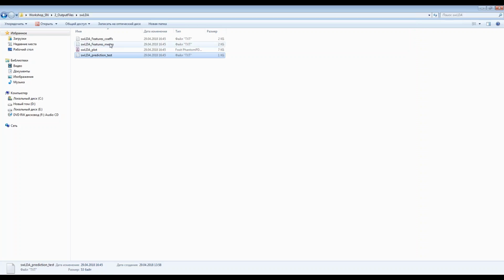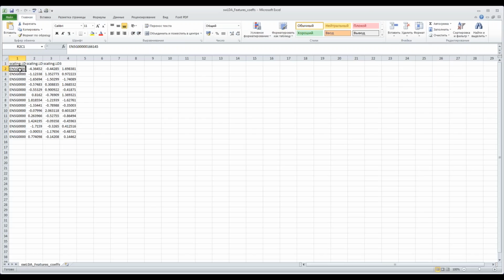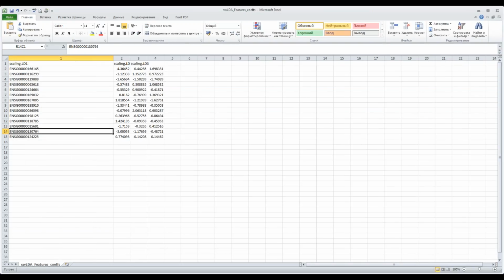And the last thing that I want to discuss, let's open this file with coefficients. Yes, these are some genes which stepwise LDA extracted as the most meaningful genes for making predictions. So here we see some Ensembl IDs of the genes, and if you are a normal human, you can't understand what this string means. You need some description about this gene. And the first approach is just to copy this name and paste it in Google and see what it is. Or the second approach,